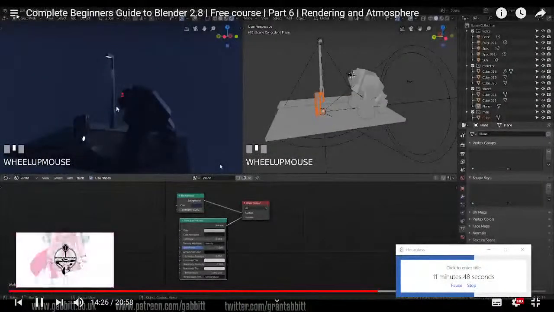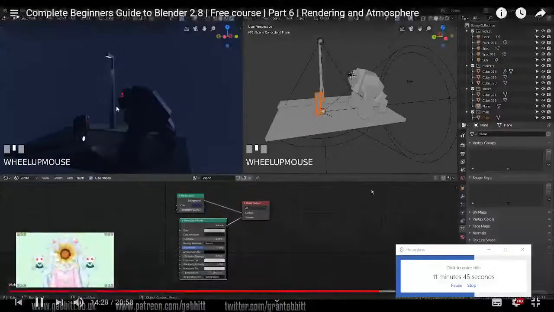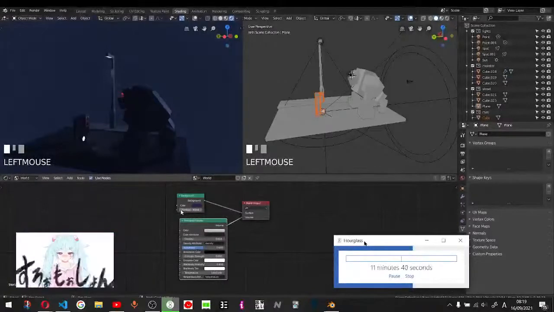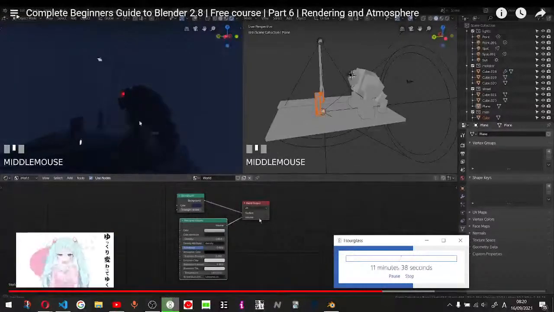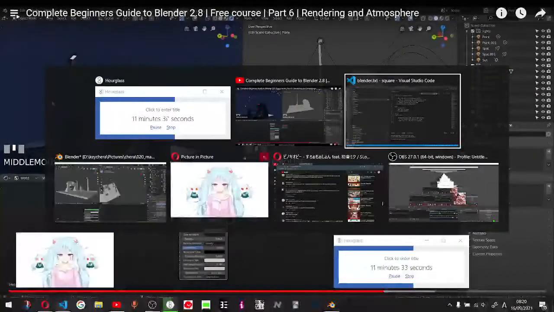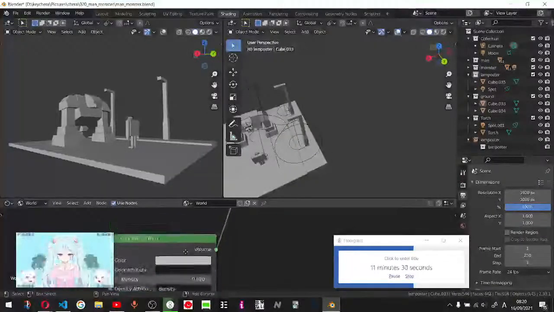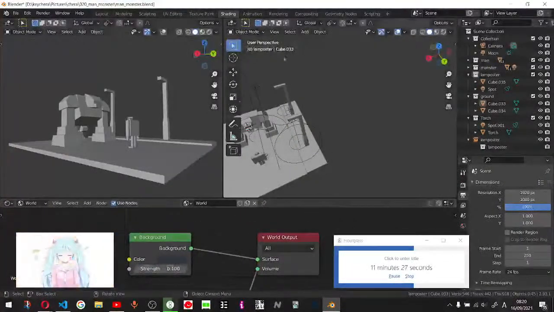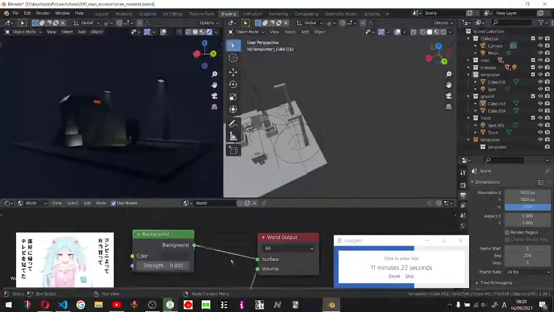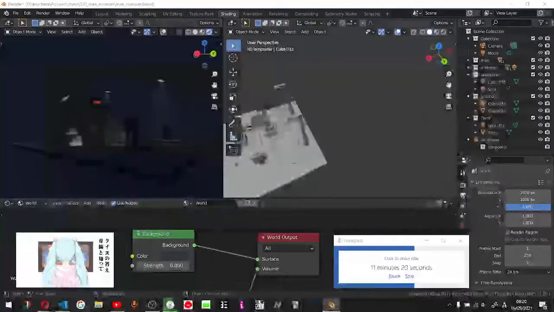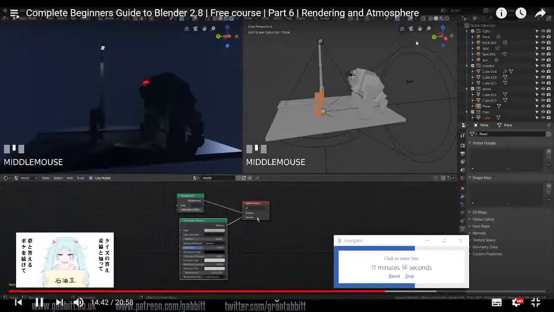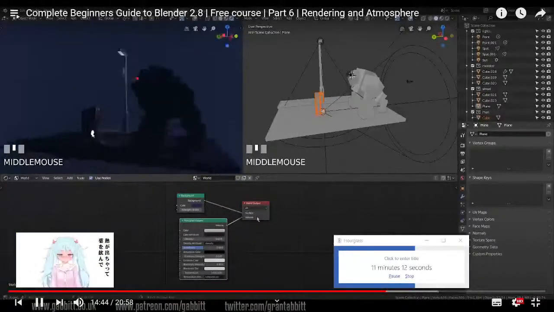you'll need to make sure that volumetrics is ticked in your render settings, but I will go through that shortly. At this point I can bring the strength of my background down a bit more, so there's nothing coming from my background now, so this is just the background. Fog, which is white, but it's being affected by the sun lamp, so we can start to see some of